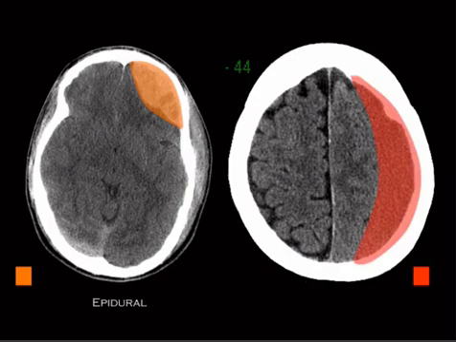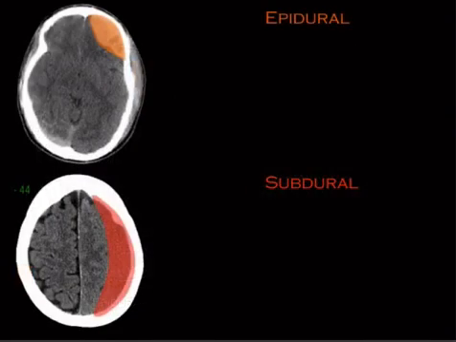I picked one that was isodense because I think those are the tricky ones, right? But we can see that that's a different density than the brain. And we point out here that sulci over here are all effaced on this side. So this is subdural. So here's the testable stuff